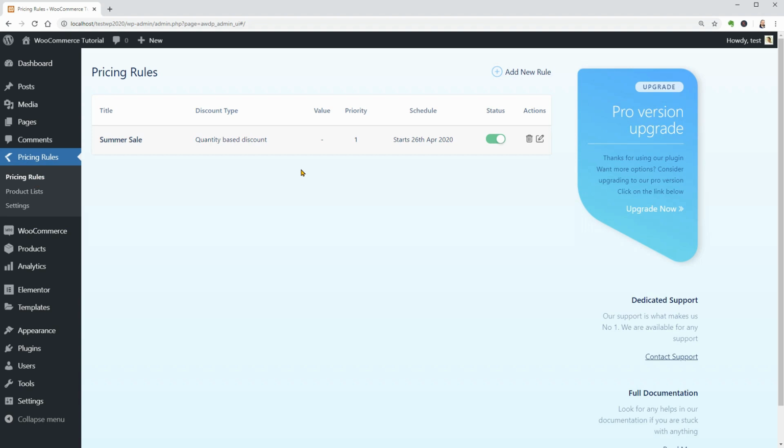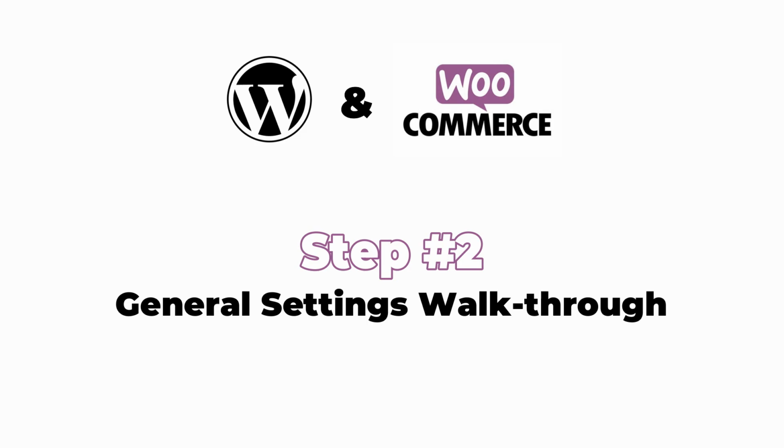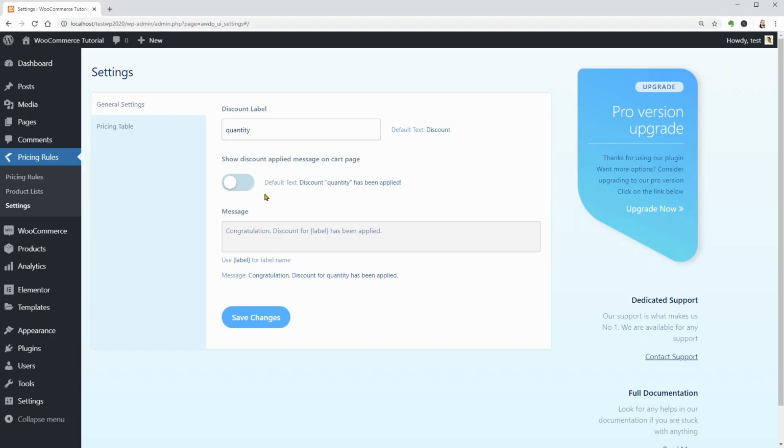Let me go to the general settings first. So, in this field, you would have to pick a name that will be displayed as a notification above the product. For example, if you put together these words in the message field below, and the discount label is quantity,